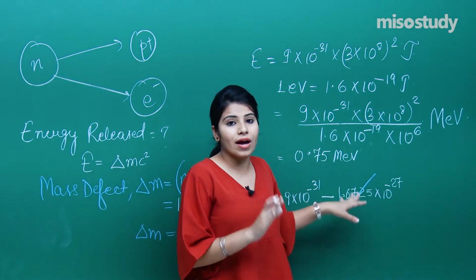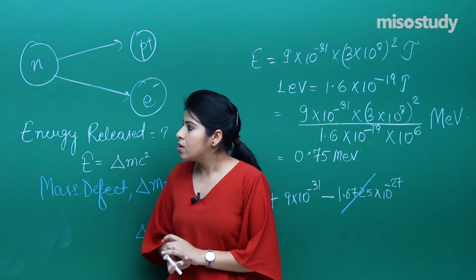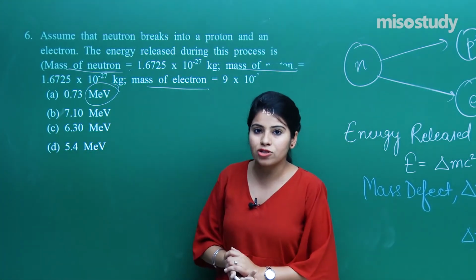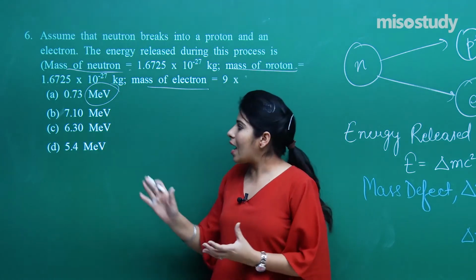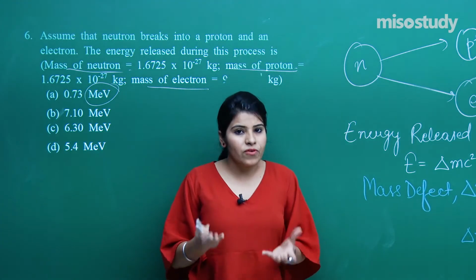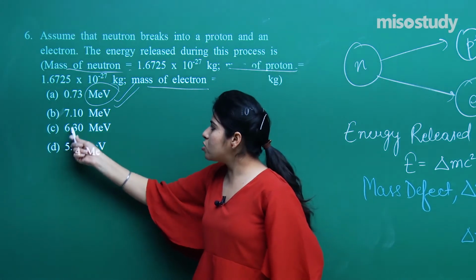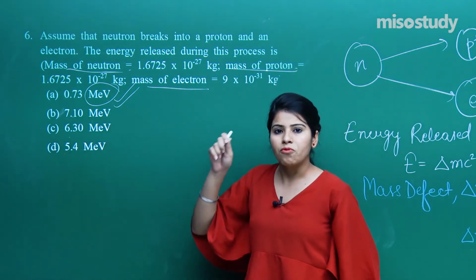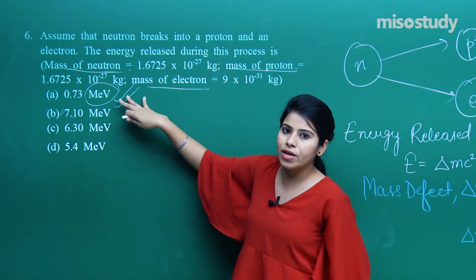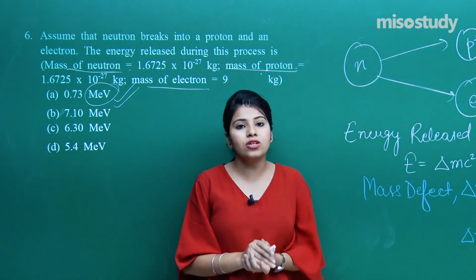Now we have to verify whether we have reached the correct point or not. I can see that we have been given 0.73 mega electron volt as an option. Because our range of answer is 0.75, definitely the answer will come into this range, because all the other options are very far away from the answer. So 0.75 or 0.73 will be your correct answer, right? So yeah, now we are done with this question. We will now move towards the next question.